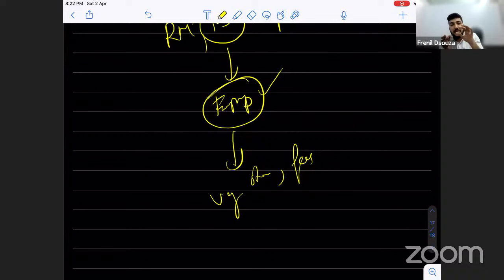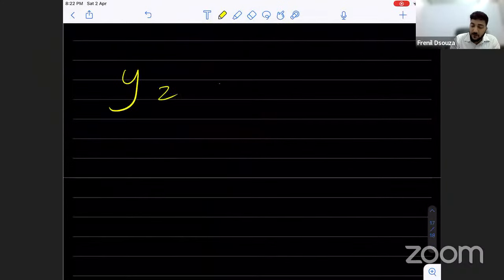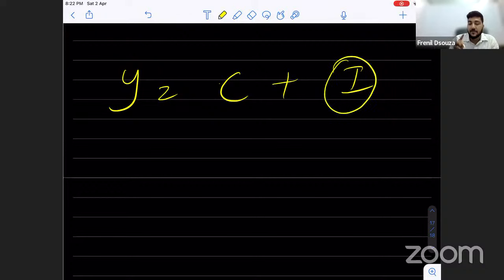If you invest, let us say, 100 rupees, that investment will not only increase the value of national income by 100, it will increase it by more than 100. That is the total understanding here. That is, Y is equal to C plus I. If I increase the investment by a little bit, the income will show more than a proportional change. Now, why is that? Let me explain that to you. We know what Y is. Total income is equal to C.